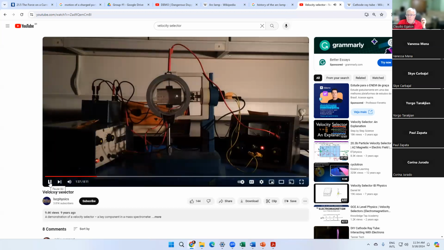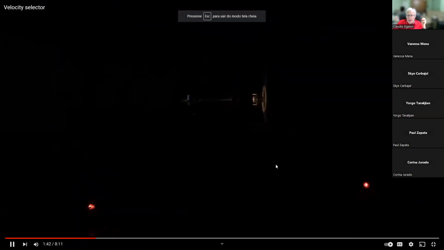Here you go. Now he's turning off the light so you can see the beam of electrons more easily. It's our cathode filament up on the right-hand side there, lit up. That's producing our electrons. The electrons are being produced here.